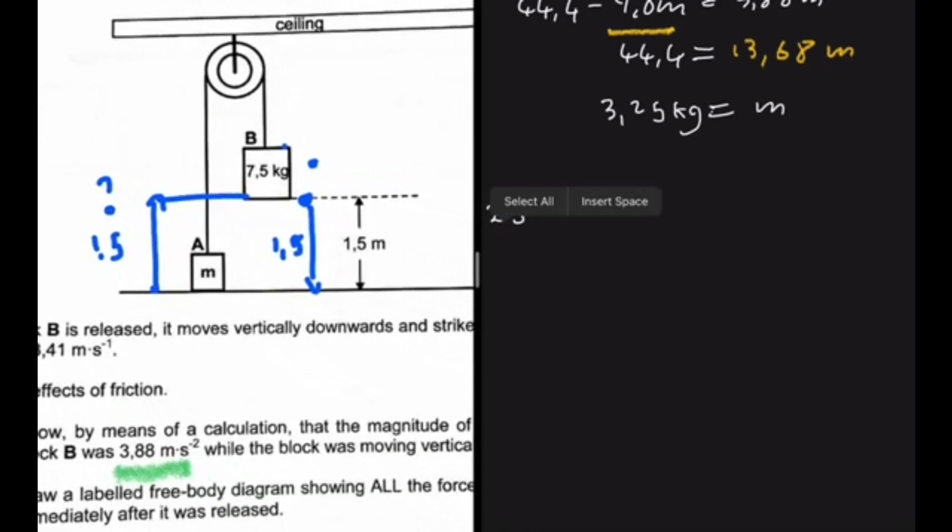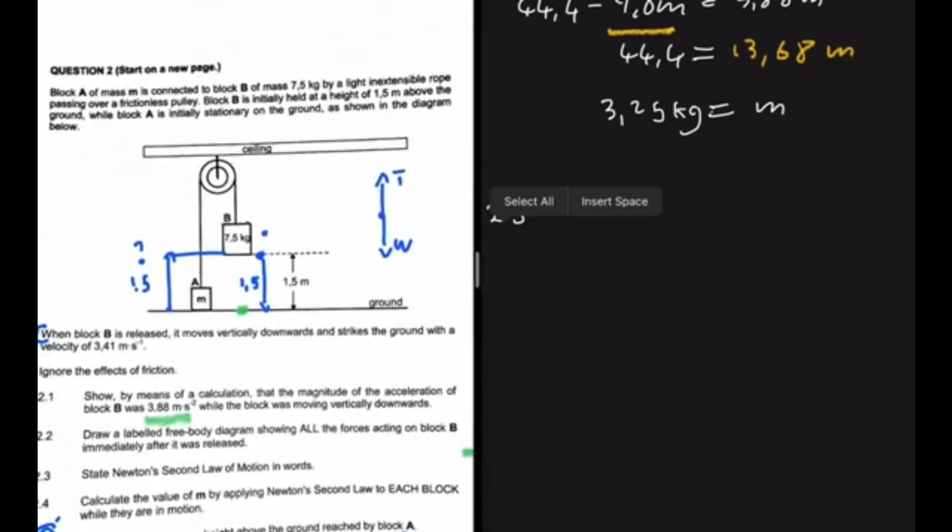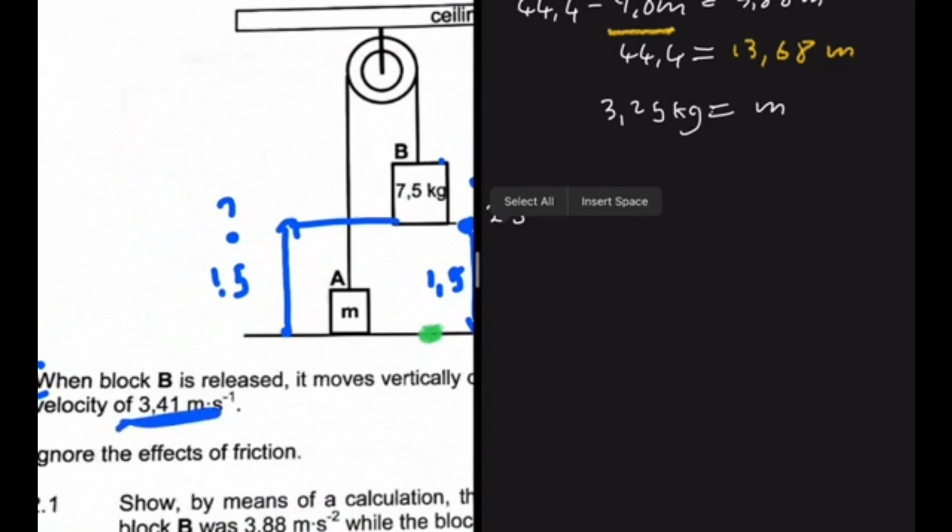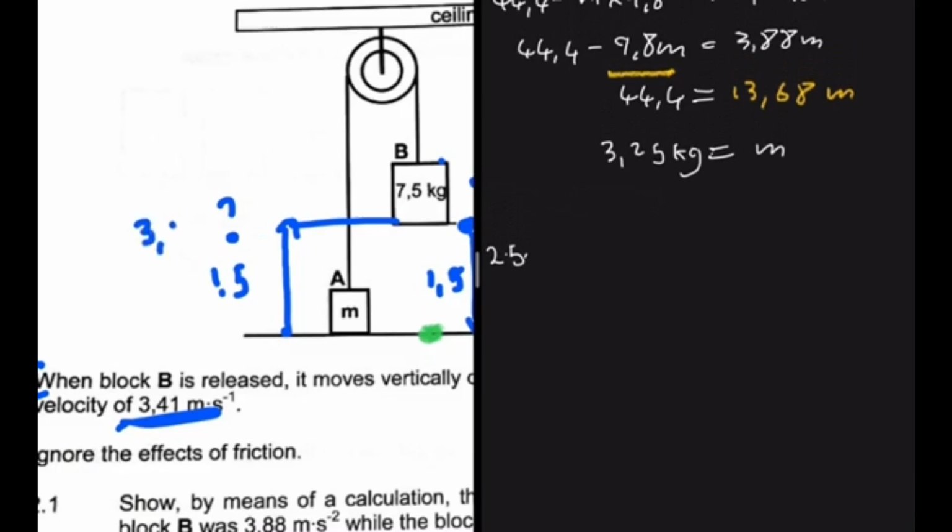The velocity at that point is equal to the velocity that object B strikes the ground with. Right. And what is the value of that velocity? That is 3.41. It is given to us here. So at this height, ball A has a velocity of 3.41 meters per second. I was not so sure about the velocity of A at that point. I actually calculated it, and then I realized that, okay, fine. The velocity at which ball B strikes the ground is the velocity of ball A at that height, because the acceleration is the same,